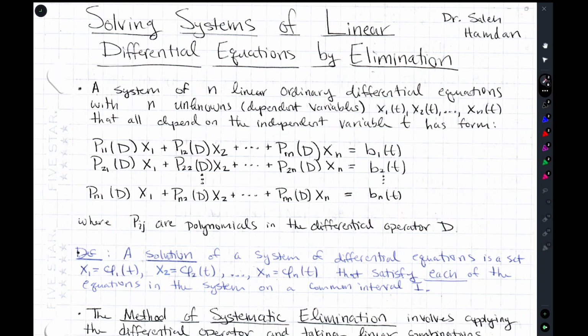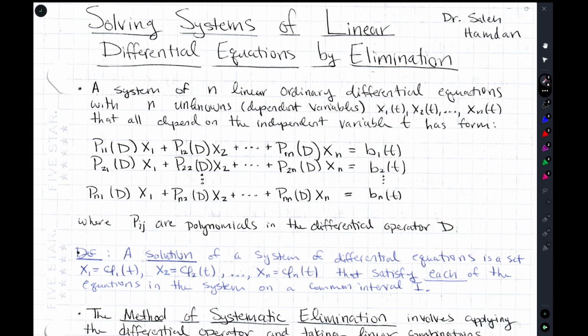So we're going to take a look here at one method of solving systems of linear differential equations. This is called method by elimination, or systematic elimination. Okay. And in general, a system of n linear ordinary differential equations with n unknowns. So you would expect to have n equations for n unknowns to